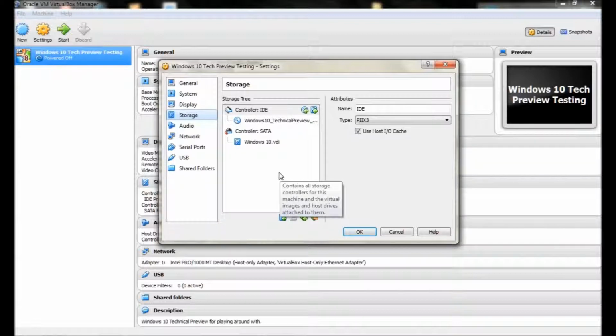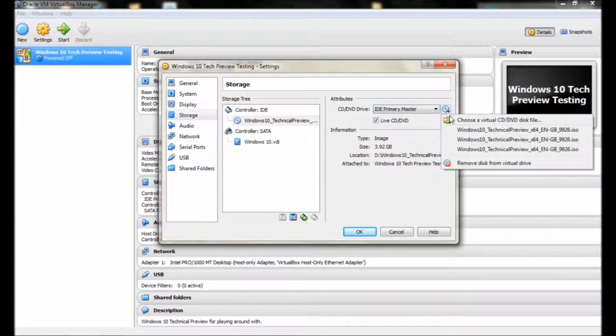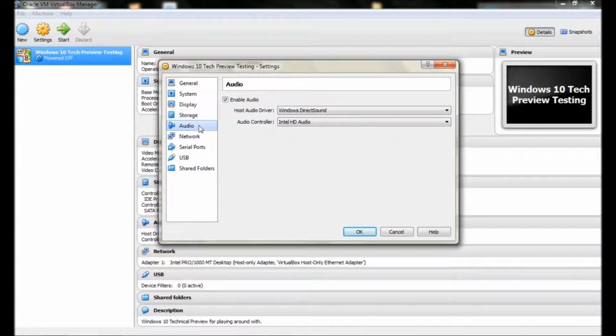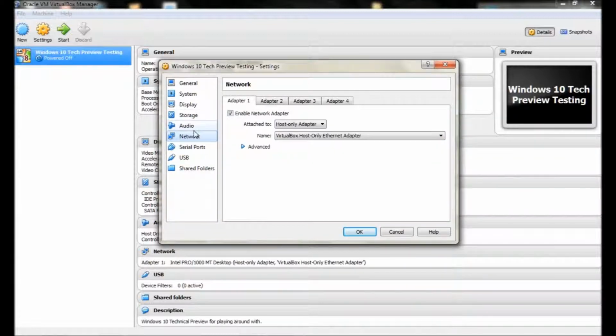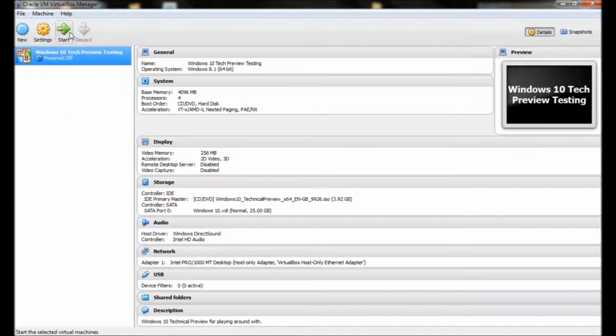So what you're going to want to do is, this should say empty right here, just under IDE. So you're going to make that live CD, DVD, click the drop down and make that your primary master, and then you're going to jump into here and select your ISO. I've already done that. You're going to have enabled audio, and all of these others don't really need to be touched. So from here, what we're going to do is hit start,